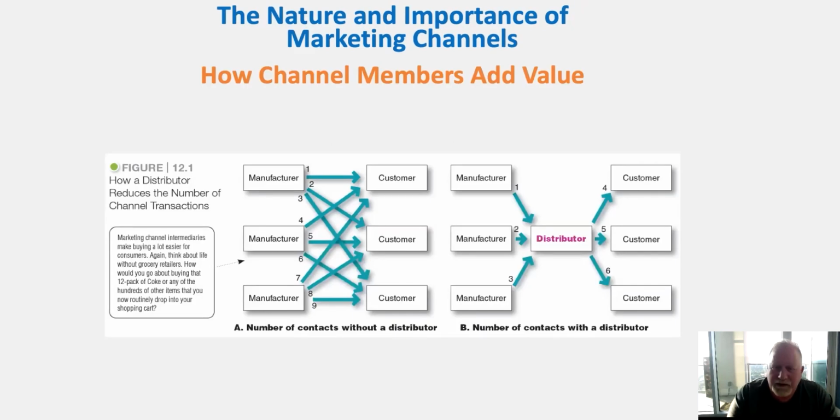So these distributors actually provide a really helpful resource for us. Let me give you an example of this. Let's just think of a grocery store as an example. Let's think of H-E-B as a mechanism of distribution. H-E-B obviously does not make and produce every product that you can buy at H-E-B. They get these products that they fill their shelves with when you go grocery shopping from many different